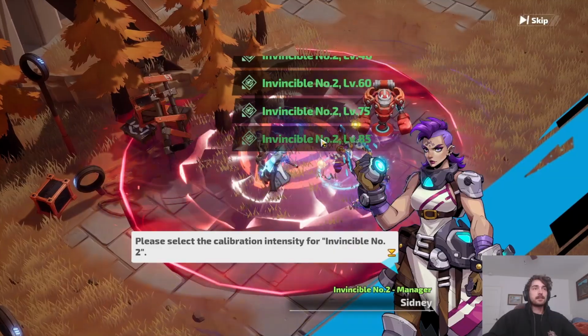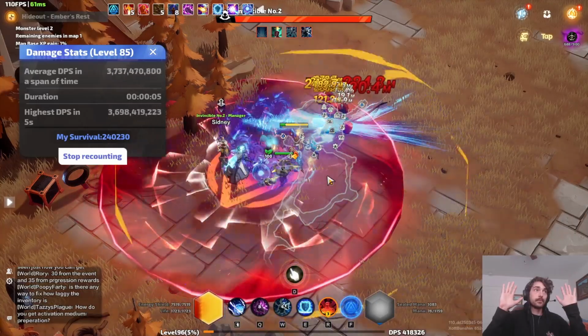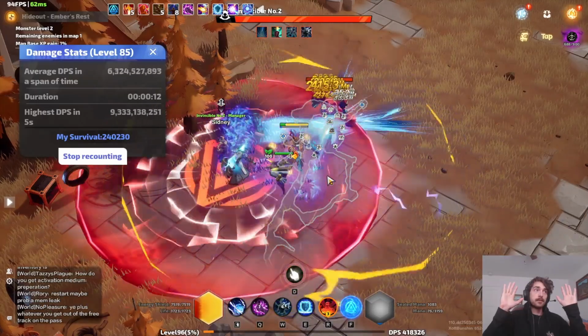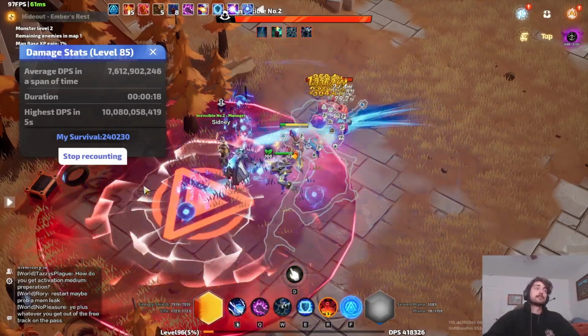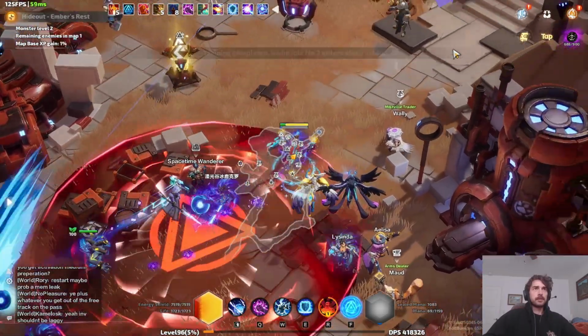Do a quick dummy test here. Hands off the keyboard. Ramping up, ramping up. 7 Billy, 8 Billy. Give me 9. Okay, 9. Oh, 10. 10 Billy. There we go. So, damage, pretty good. Now in terms of clear, which is really what everybody cares about,